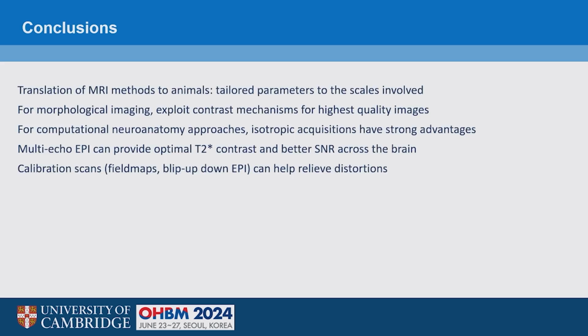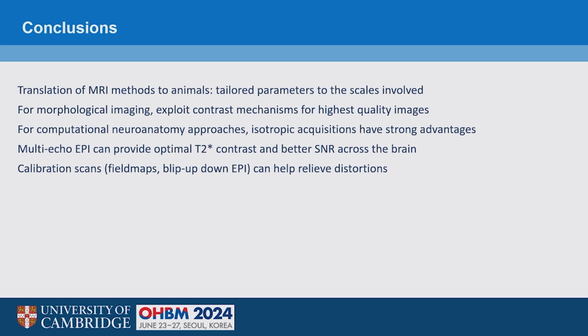So, in conclusion, I just want to make the point that to translate MRI methods to animals, it's not always the case that you would want to run the same parameters. You definitely want to adapt them to optimize for the animal. Okay? For morphological imaging, the contrast mechanisms that you should exploit are probably going to be different to the ones you'd exploit in humans. For computational neuroanatomy, isotropic acquisition is really important, because that way you don't care so much